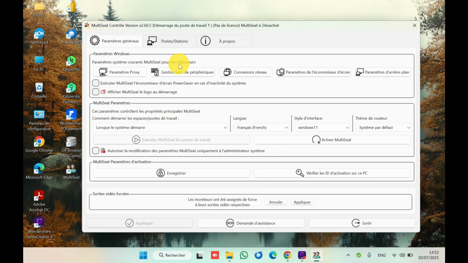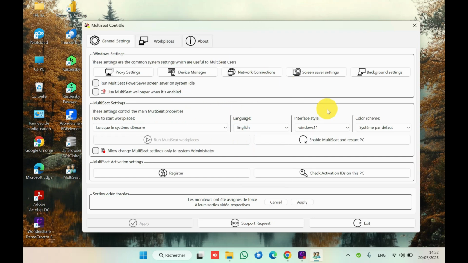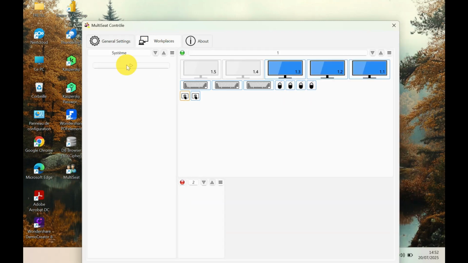We can change the language. So I have it in French. We can change it to English for now. You can have a close look up afterwards. So for now, we're gonna just set our workplaces. As you can see,